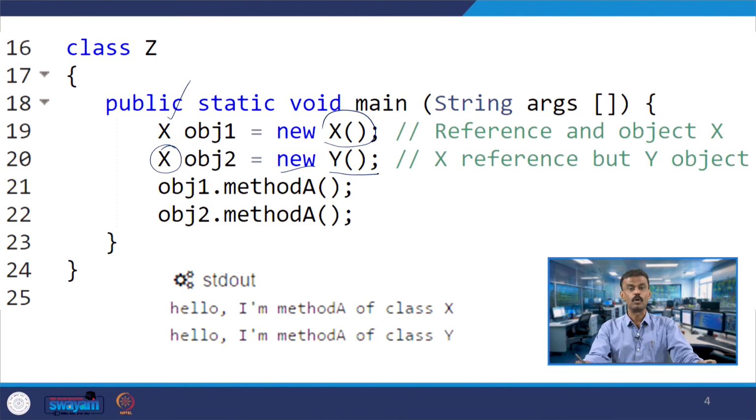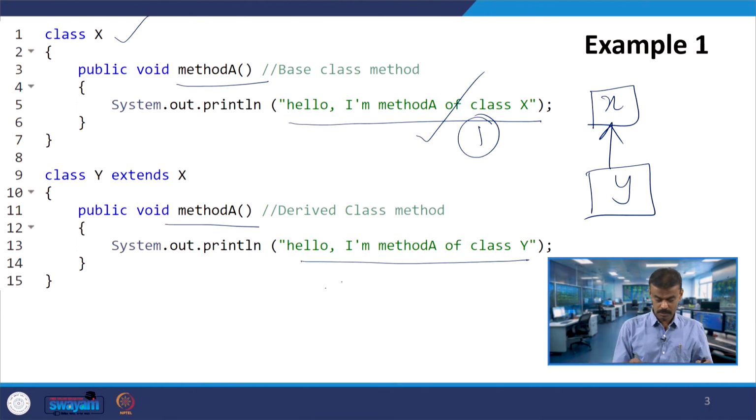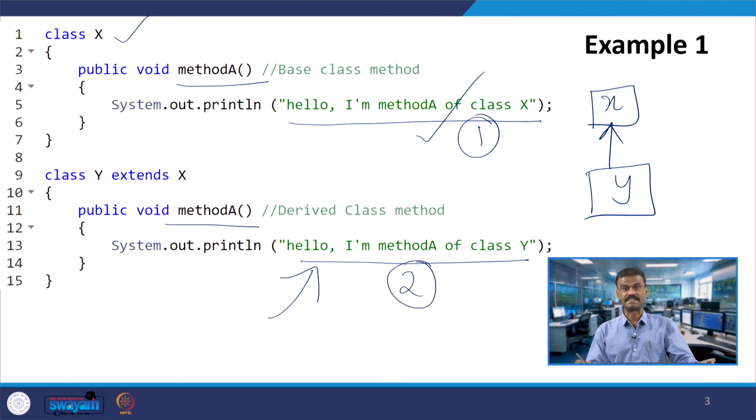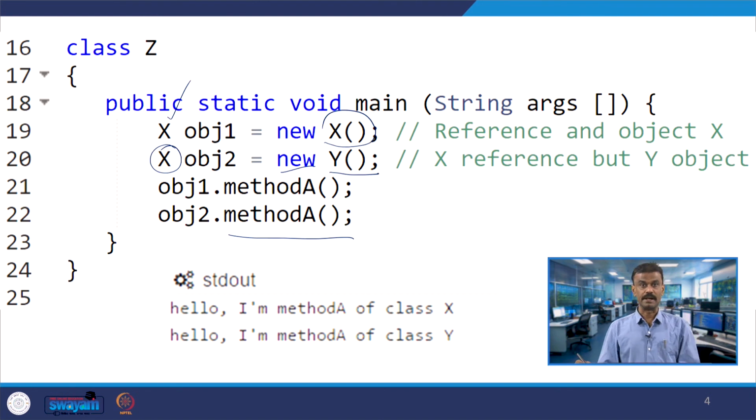Then you see obj2 under X, calling method A again. Now your reference is X, but the object is Y. Therefore the subclass method A will be called, and you will get this as the second output. If I run the code, I will get "hello I am method A of class X" as one output, and "hello I am method A of class Y" as another output.